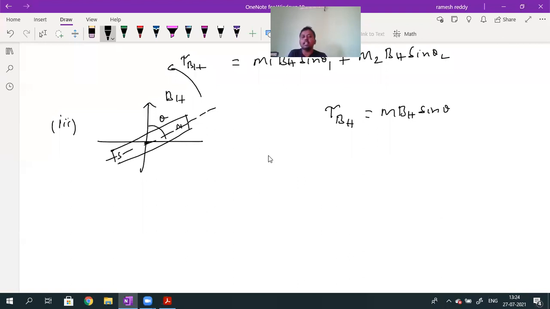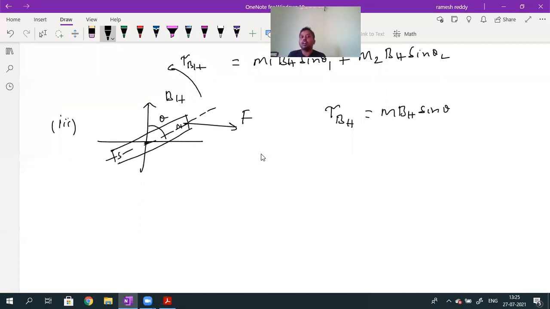Let us suppose the north pole is attached to one string, so that the string is pulled. With the help of that string, the north pole of the bar magnet is pulled by applying a force here. Now it will rotate, right? It will rotate and align in the direction of BH bar. If you don't want it to rotate, you need to apply another torque. How are you applying the other torque? By applying a force.